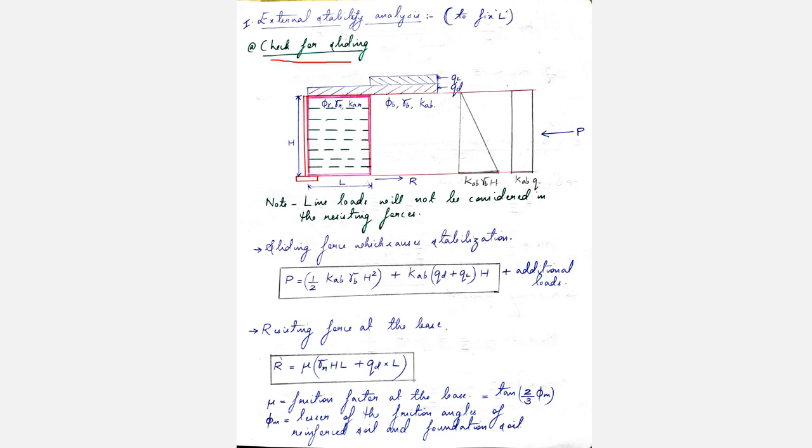Now here if you see the diagram, sliding type of failure can occur due to any lateral pressures which are exerted on this reinforced soil rigid block. Okay, so we have seen that the length up to which the reinforcement is embedded in the soil becomes the active part of the retaining wall. Okay, so it's called a reinforced soil rigid block. Now this block is the one which is prone to any type of failure. So when lateral pressures are exerted onto this block, there is a chance that this block can get slided out of its position.